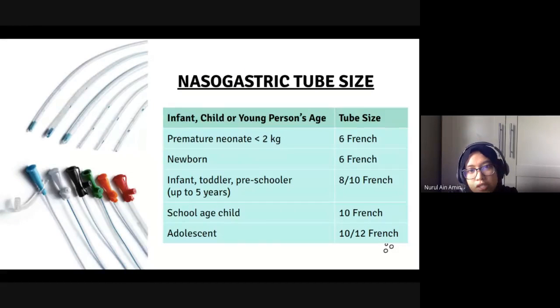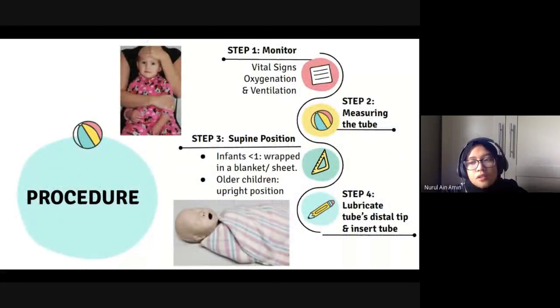And then for the school age child, so it's between 5 to 12, we can also use the 10. And then adolescent, between 12 to 19, we can use the 10 or 12. Okay, so what are the procedures for inserting this tube? First, we should always monitor the vital signs and